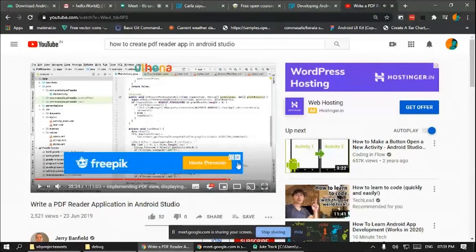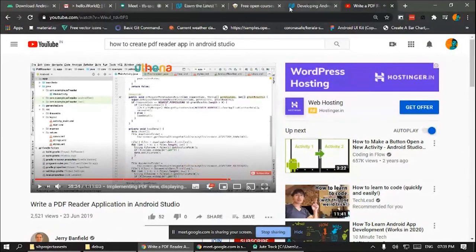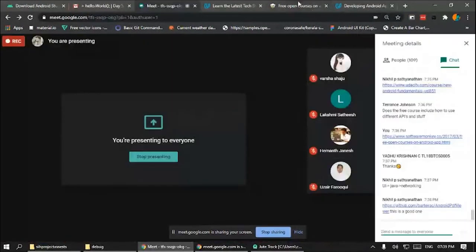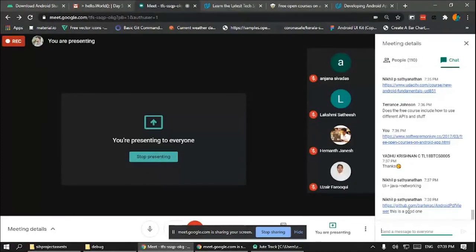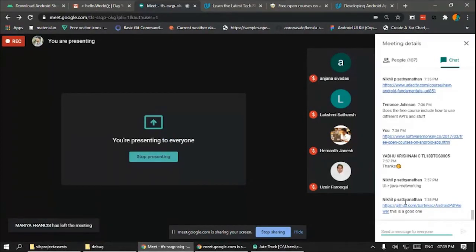And I saw some code, so I copy pasted it to my app, and my app worked. Ta-da! This is the PDF viewer I actually used. This is the thing he actually explained in that video in the last 10 minutes. It's pretty good. I used this to create an application. So that's it for the basics, guys.